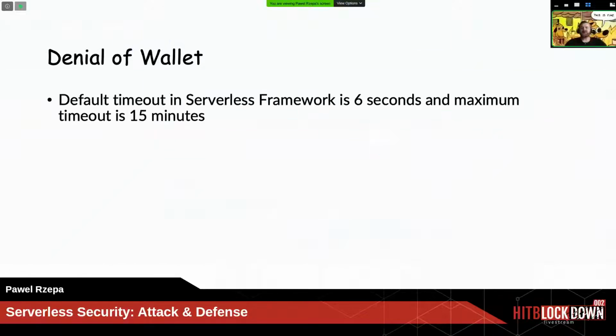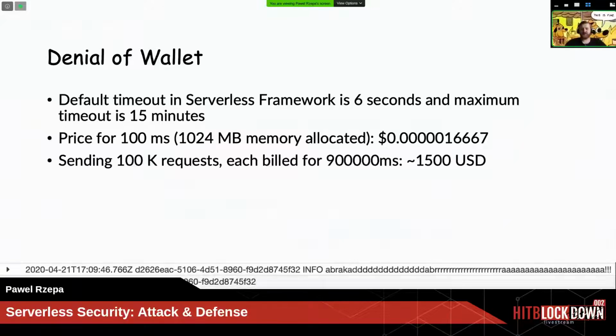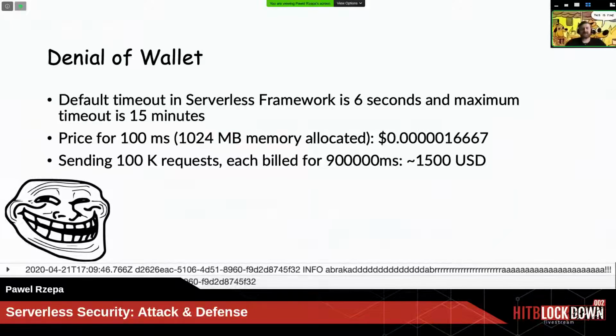If you're using the Serverless Framework, the default timeout for your Lambda is 6 seconds, which can be extended to 15 minutes. In Azure and GCP, the default timeouts are 5 minutes, which can be extended to 10 minutes. What you should know about pricing is that you are billed not only for the number of requests, but also for the computing time, and it also depends on the allocated amount of memory. So sending 100,000 requests may cause a significant financial loss: if each of 100,000 requests is billed for 15 minutes, it will cost around